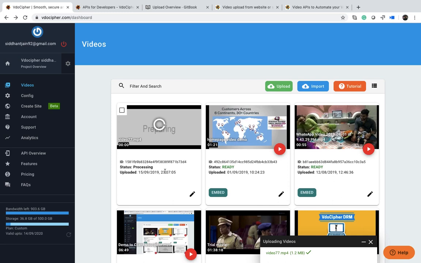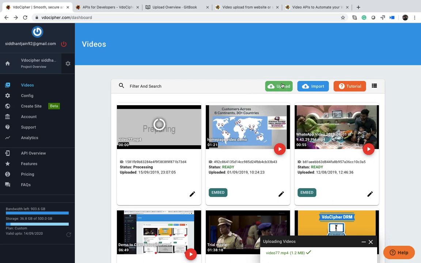We need to encrypt videos differently for different devices. So we create videos for Android, iOS, and desktop separately. Since we have to create multiple qualities and multiple encryption for different devices, it generally takes more time.